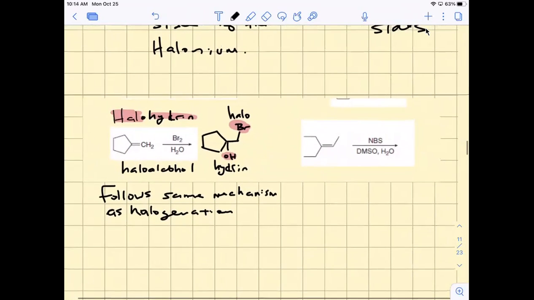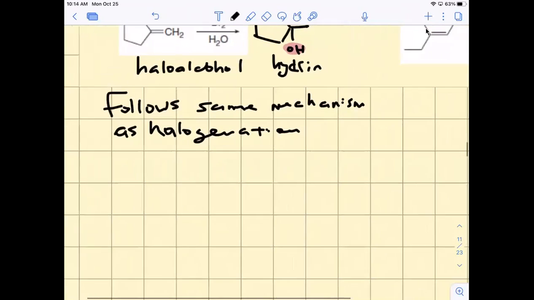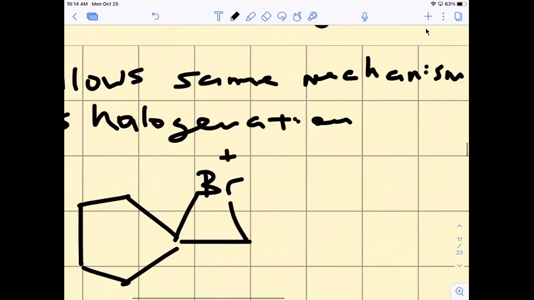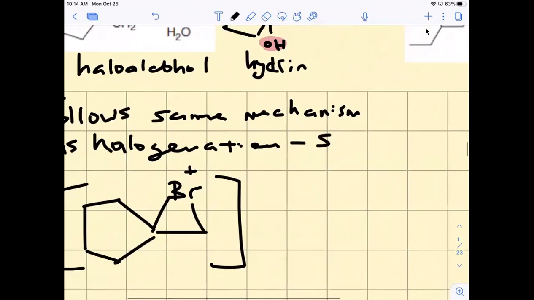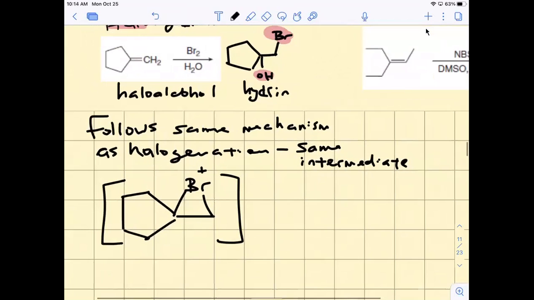Right. What that means is that when I treat the alkene with Br2, I'm going to get this bromonium ion intermediate. Just like we got when we did the halogenation up top. So same intermediate. The difference now is that I would have a Br minus out here,